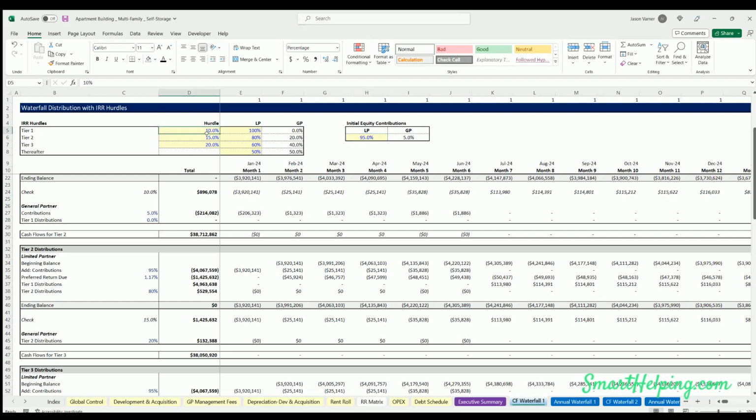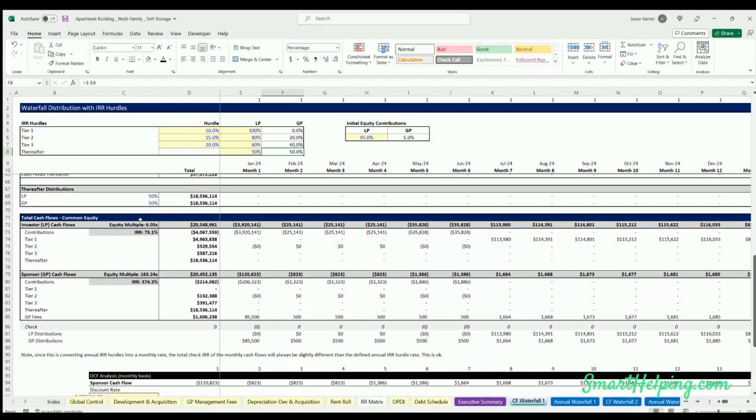And then from 10 to 15, they're going to get 80. From 15 to 20, they're going to get 60%. And again, the waterfall structure is trying to incentivize the GP to give really good returns to the LP. And if they do, then the GP is going to get promoted in higher shares of what's available for the cash flow. And you can see the summary down here. Now you can see numbers popping in. You can also see the GP fees happening here